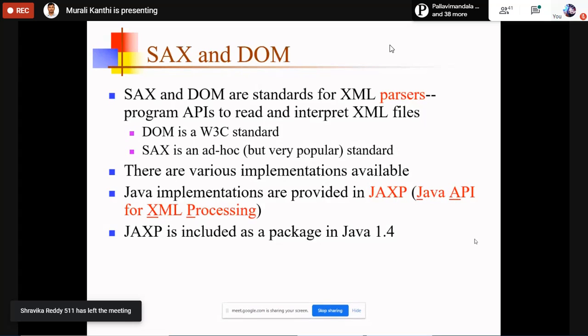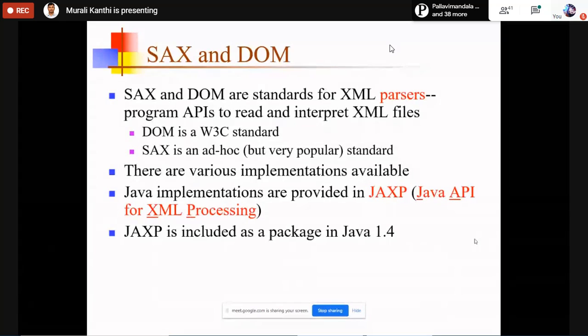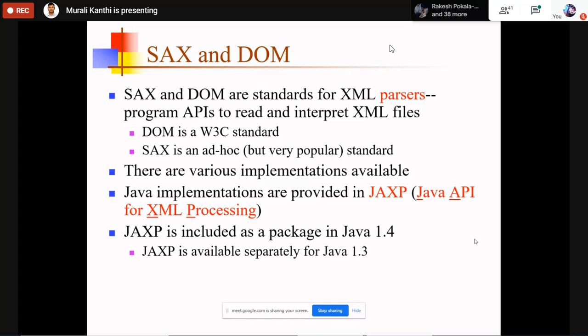So while implementing SAX and DOM using Java, we should import this package. This package is available from Java 1.4 onwards, and it is available separately for Java 1.3.